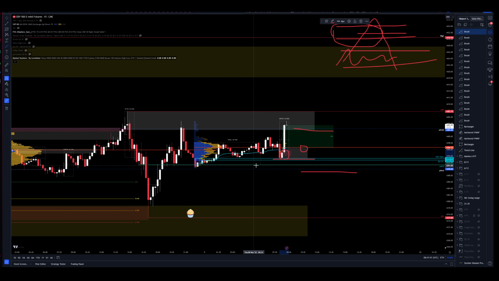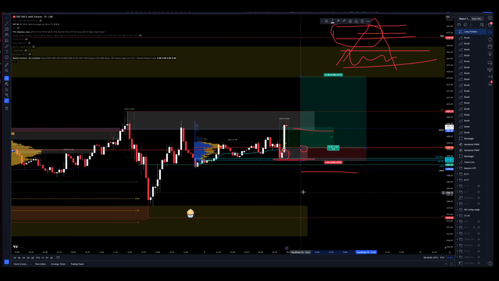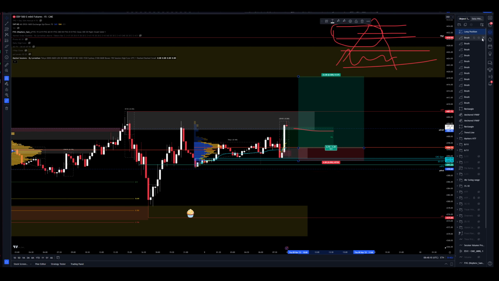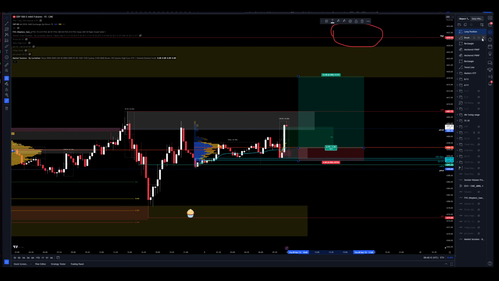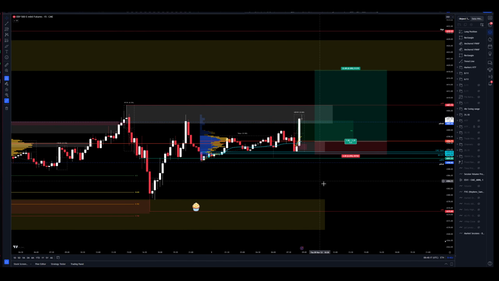You've got a simple enough invalidation below the London initial balance. I think that's pretty decent short, to be honest. Let's see if we get it. Sorry, decent long. I think if you can potentially look at that, at least the highs, but let's say we do call the London initial balance low. Let's say that that's what we want to play today. I think that's a decent opportunity, to be honest.